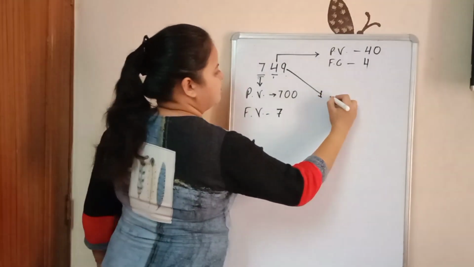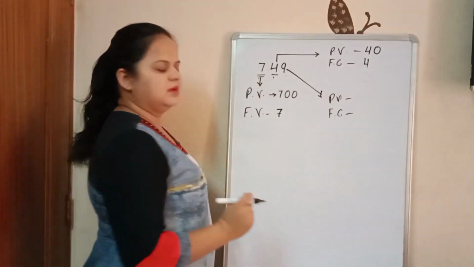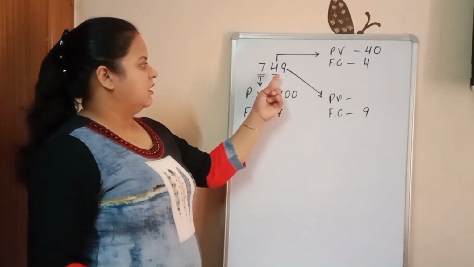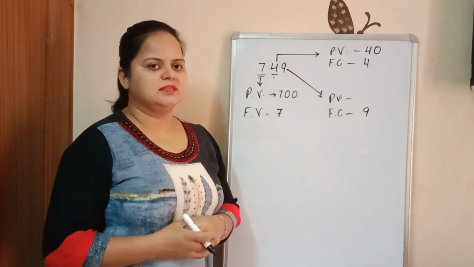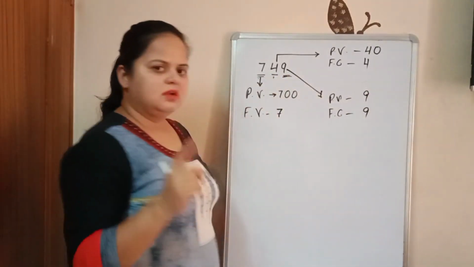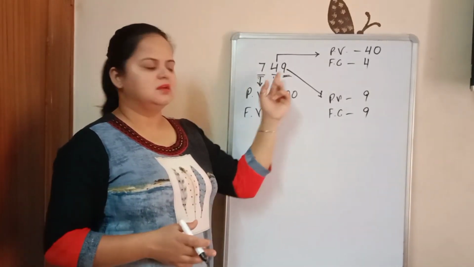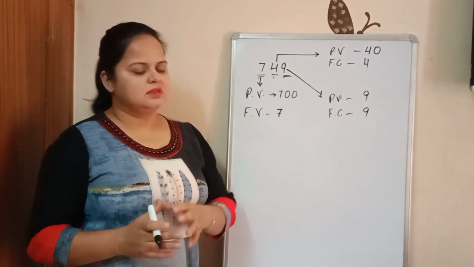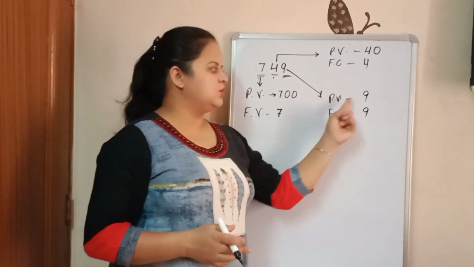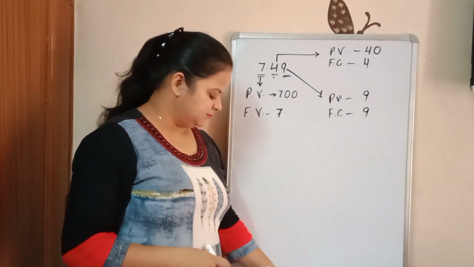Now place value of 9 and face value of 9. Face value never changes. Place value of 9 is 9 because it is placed on the ones place. 9 ones is equal to 9. Yes, if we have only a one-digit number, then the place value of that number is also the same. Understand?